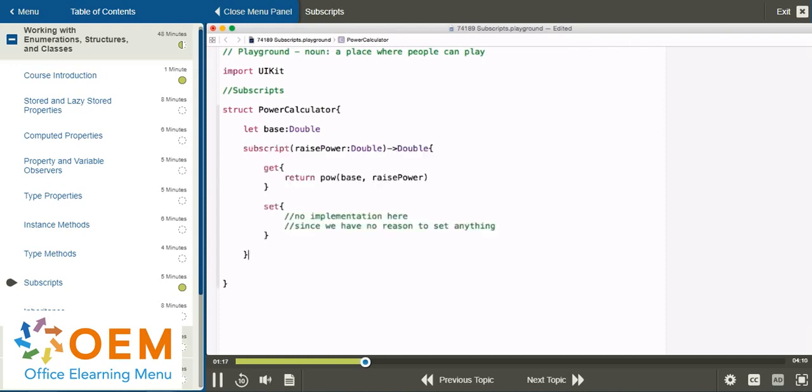So using that subscript keyword here, you can see I can define my subscript to accept any number of parameters of any types. In this instance, we're taking one Double. We're calling it raisedPower. And I can also allow my subscript to return any type. Here, we're going to be returning a Double. So the getter for this subscript is